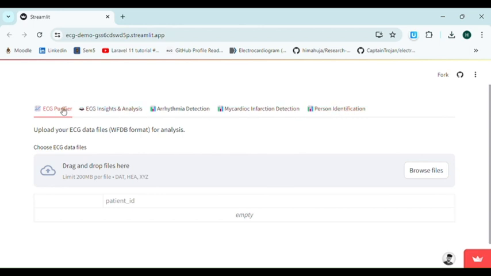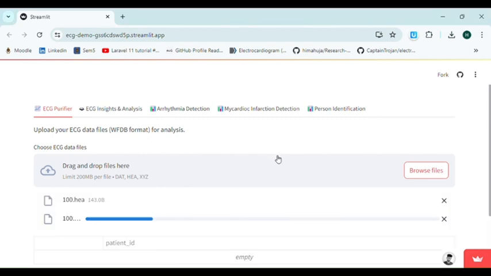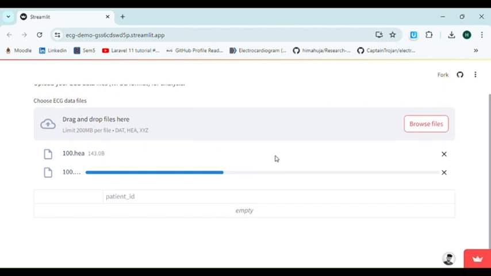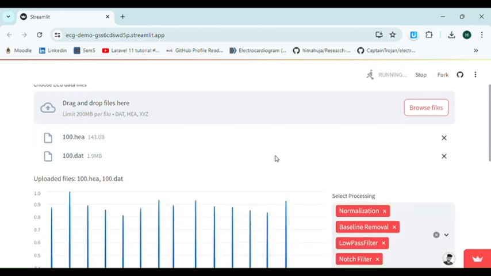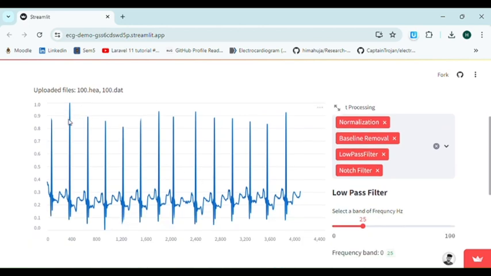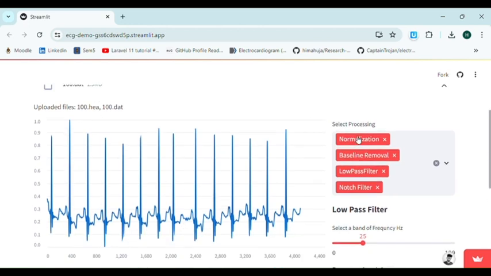When we come to the ECG purifier, on this page we showcase all the pre-processing filtering techniques that we apply to ECG data. What you need to do first is browse files and upload the ECG data as a bit stream of your ECG signal. You can see that files are uploading. After that, you can see the visualization of your ECG data. On the right hand side, we